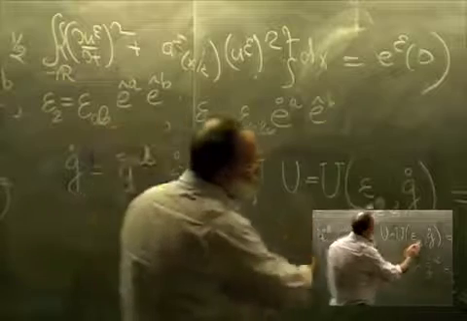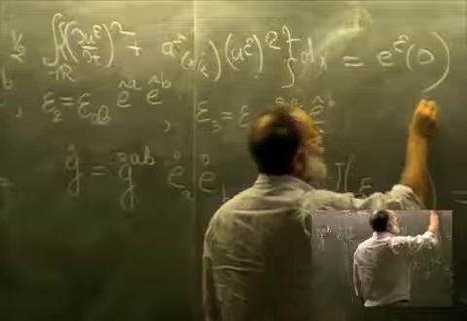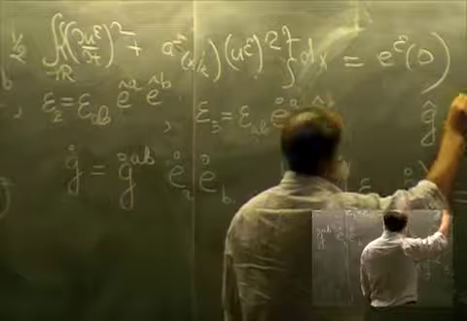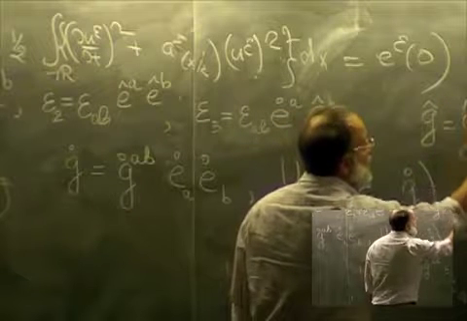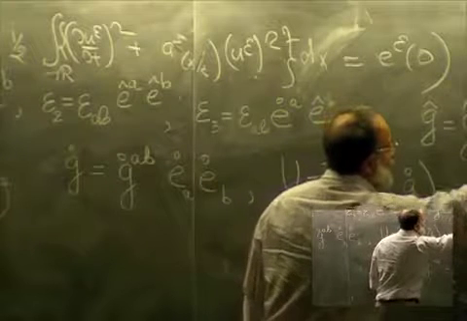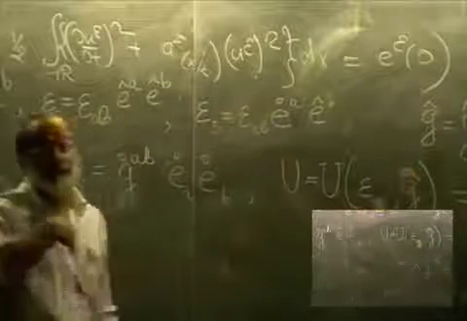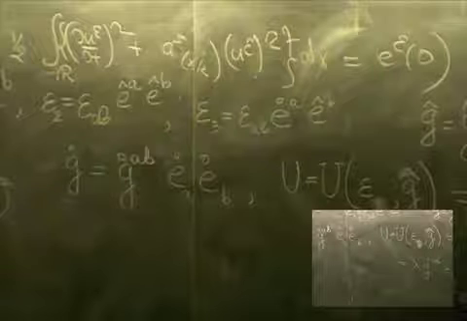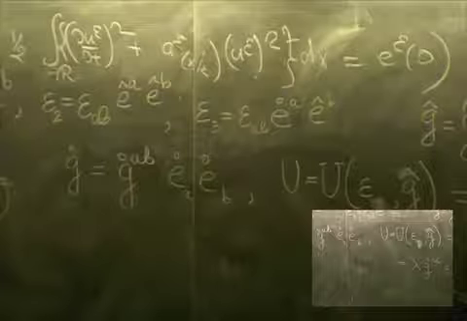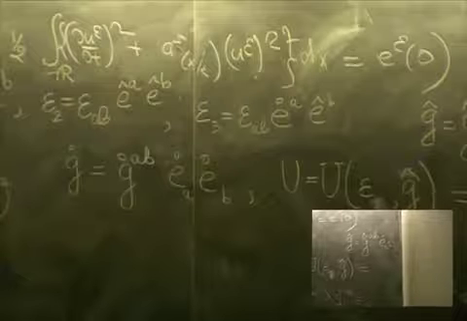Or if we include epsilon 1, but instead of G naught, we include tensor G hat, say, I take the metric tensor in actual space and put here, say, E not A, E not B. If I put here G hat, I will get another internal energy. So when we use direct tensor notations, and say we just write U is a function of epsilon, it is not clear what